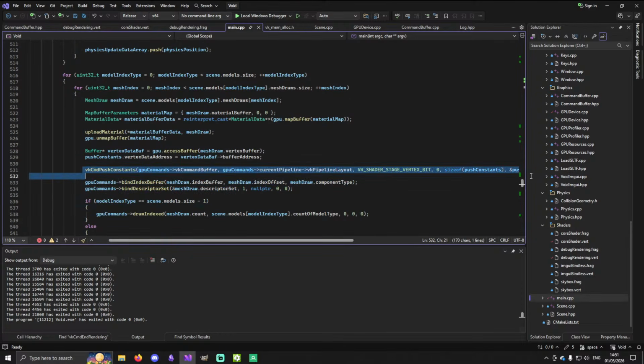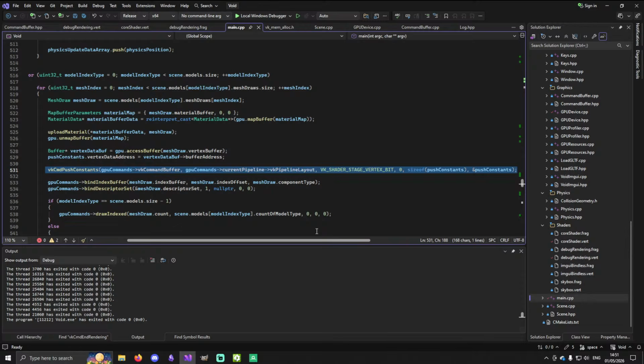Can the shaders tell them apart? Like when I do this, based on the pipeline layout, if it's the same one from a different graphics pipeline. If the layouts are compatible,